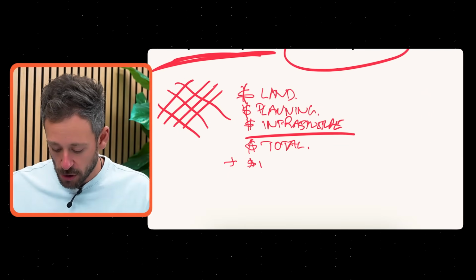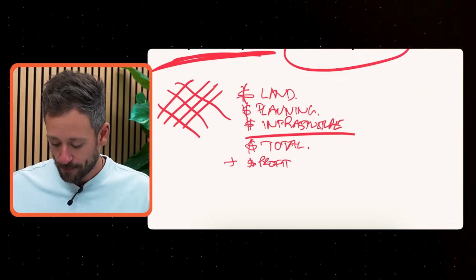And what's it ultimately going to cost me as a delivery? And then I need to factor in what my profit margin should be on top of that. And that's where this pricing gets determined. Not only that, now you've got the land and you've paid a manipulated price for that land. Now you've got to look at